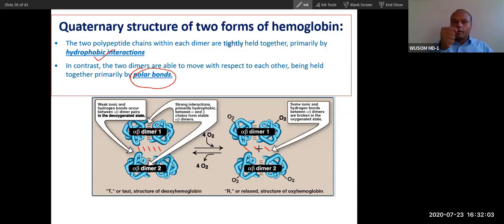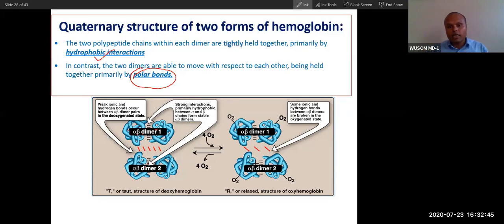This is just to remember, this is a taut form. The left side is the taut form, and when oxygen binds, this will become a relaxed form. The taut form will become the relaxed form after oxygen is bound. Did you understand? So you can see oxygen binds and this becomes the relaxed form. Their ionic bonds will break. You can see here the ionic bonds designated by the red lines, only 3 red lines. So this is the relaxed form.